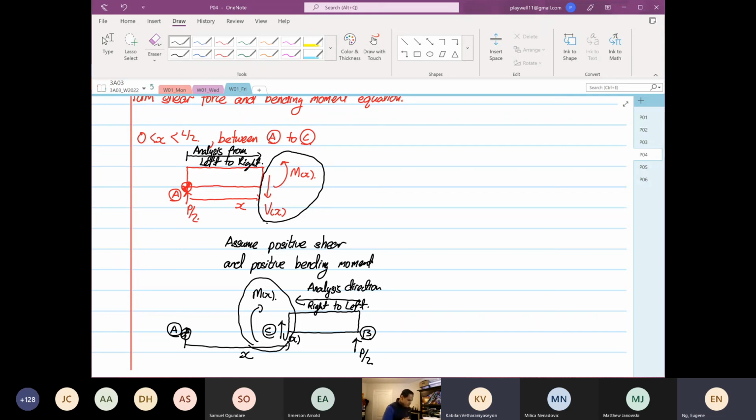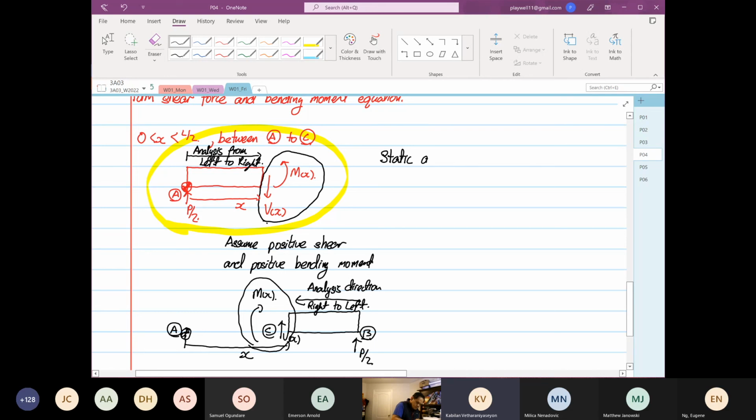From here, we look at the top diagram, which I'm circling now. We know that we are going to do static analysis. This is our transformation, X, Y, rotation in the Z. So we will have positive going up. Summation of forces in the Y direction is equal to 0. So we have P over 2